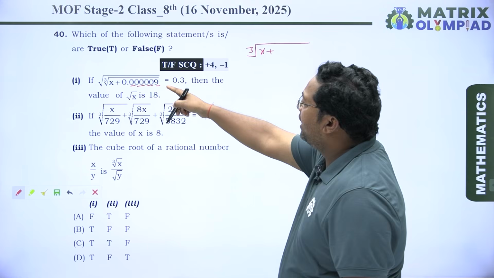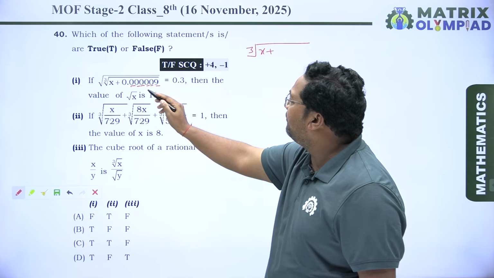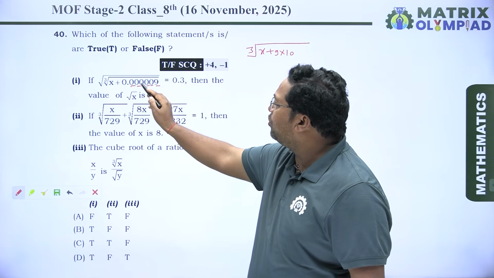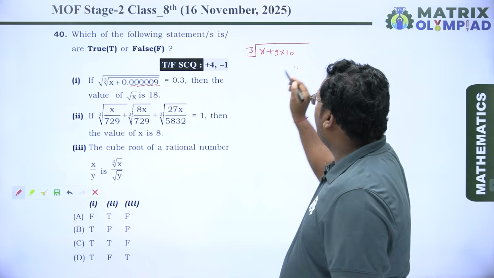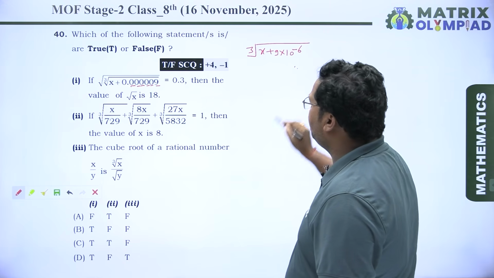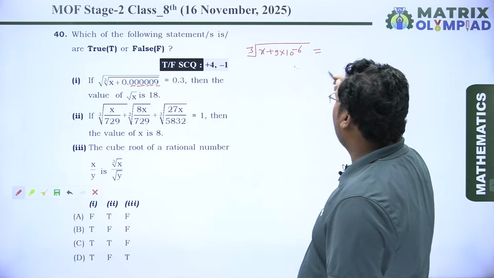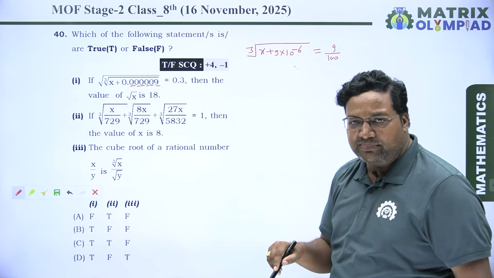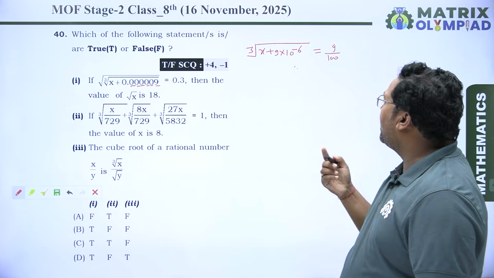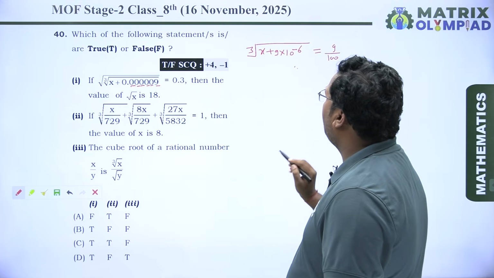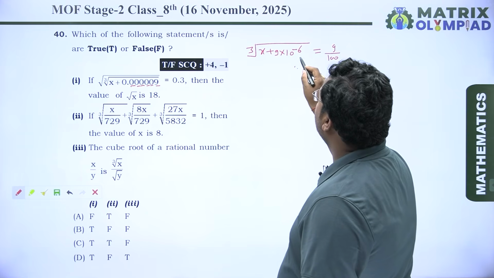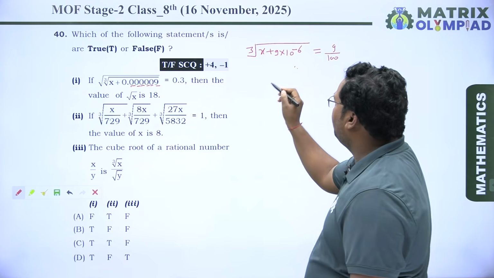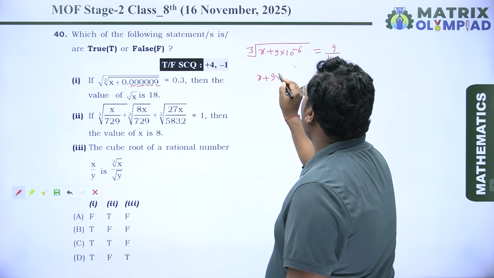x plus, here I have to write in exponent form, so I have to write 9 into 10 to the power, here you can see 1, 2, 3, 4, 5, 6. So it is 9 into 10 to the power minus 6 is equal to 0.3 square, which is equal to 9 by 100. So 0.3, when we remove the decimal, is 3 by 10, and when we square 3 by 10, we will get 9 upon 100. Now it is cube root of x plus 9 into 10 to the power minus 6 equal to 9 by 100. Now we have to do cube on both sides, so we will get here x plus 9 into 10 to the power minus 6,